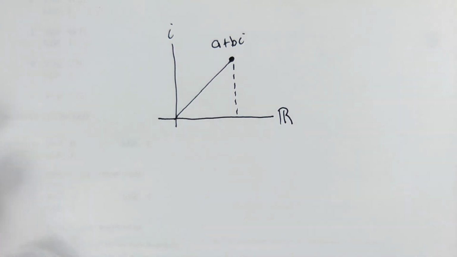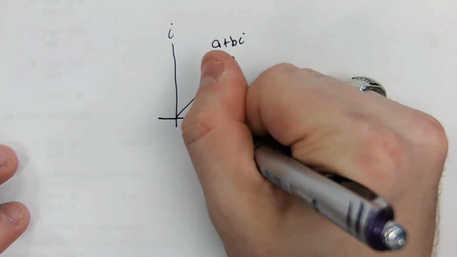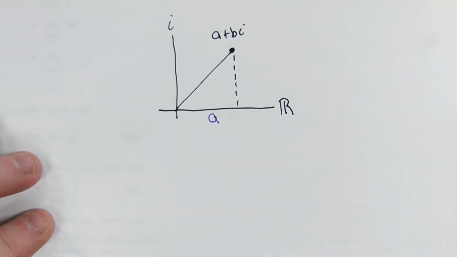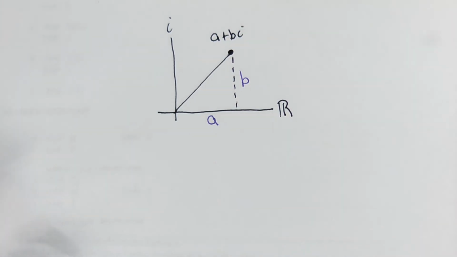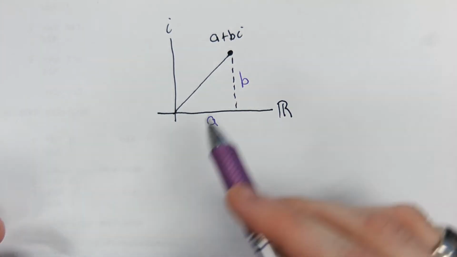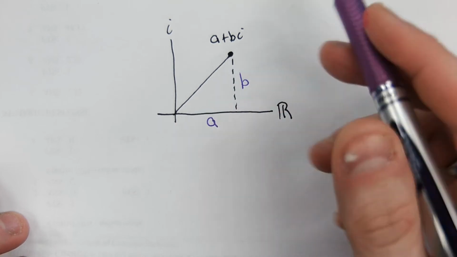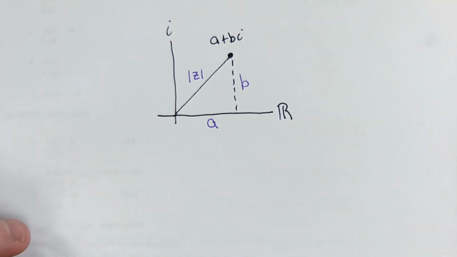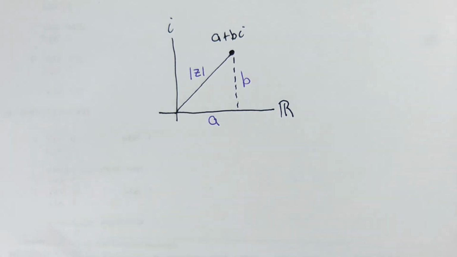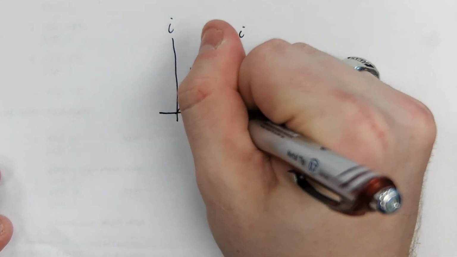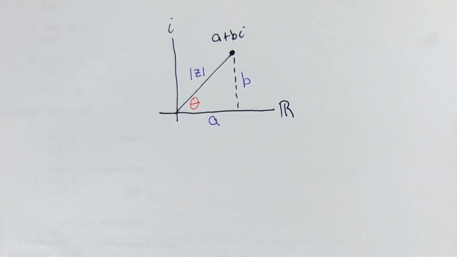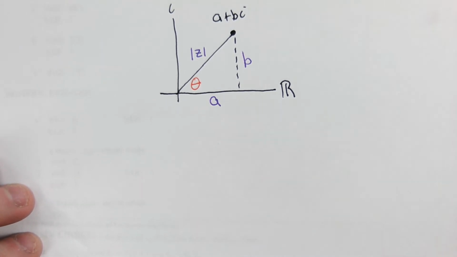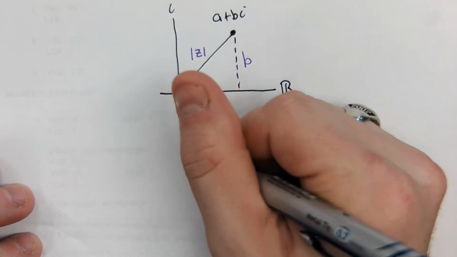It has real component a and imaginary component b. This distance is now mod z, but that doesn't mean that trigonometry is gone, because you can still throw that theta on there. And we go, hey, did you know that cosine of theta